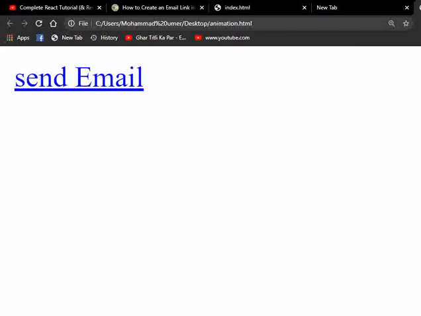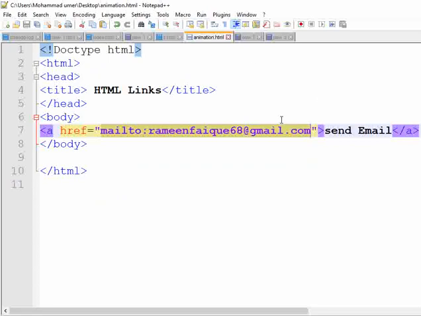So now I think you will have a clear understanding of this type of link, how to create the email link for sending an email to any user. Okay, so